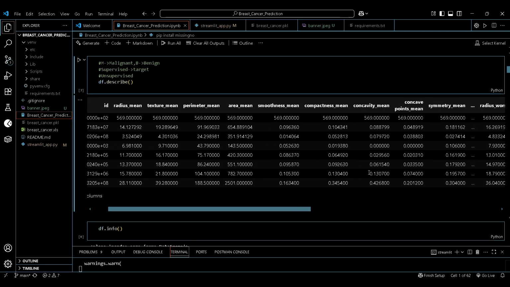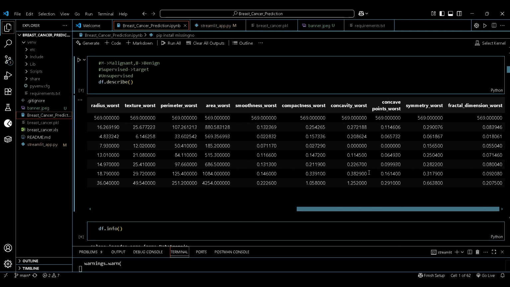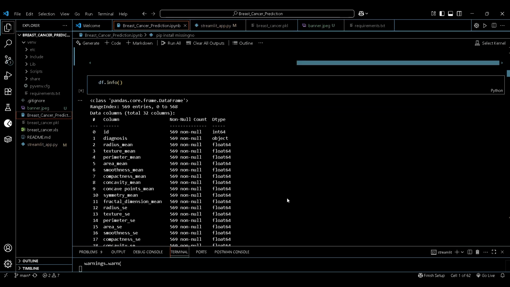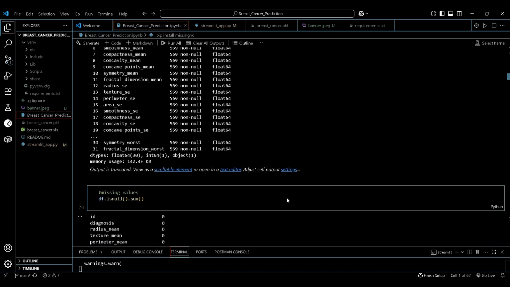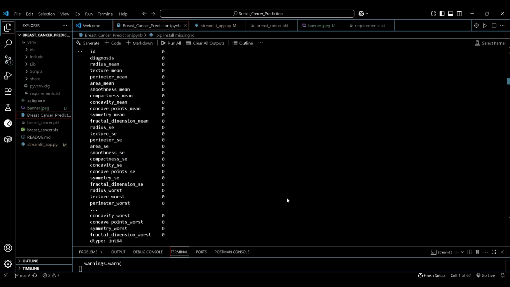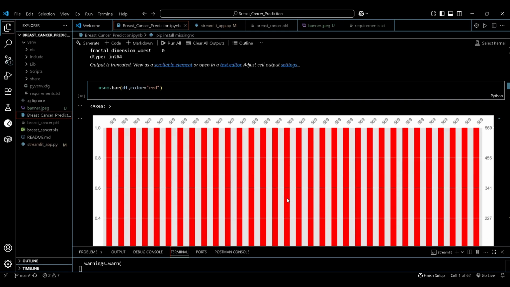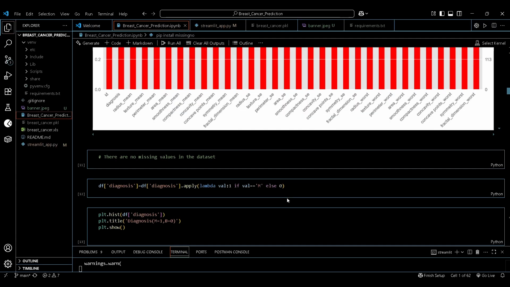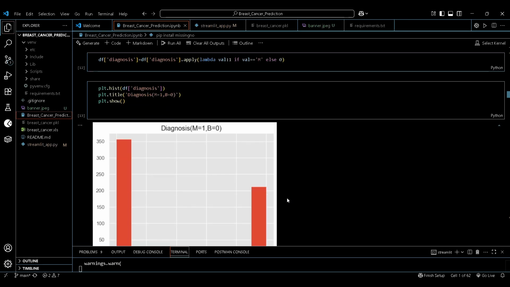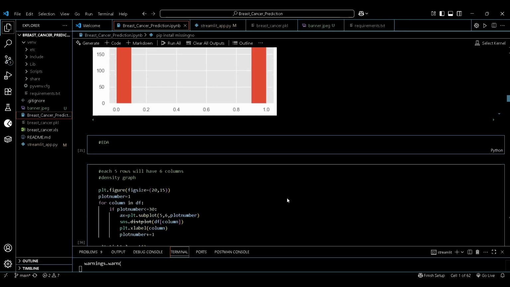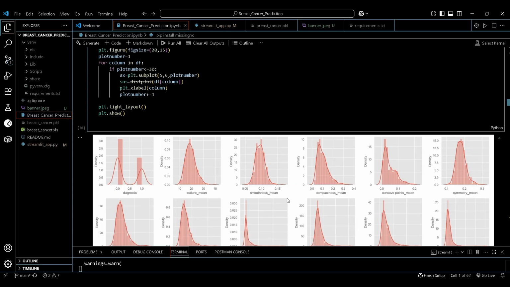Hello everyone, my name is Vedika and today I have developed a machine learning project titled Breast Cancer Risk Prediction App. It is built using a support vector machine model and deployed through a user-friendly interface using Streamlit. The goal is to provide a simple tool for classifying whether a tumor is likely to be benign or malignant